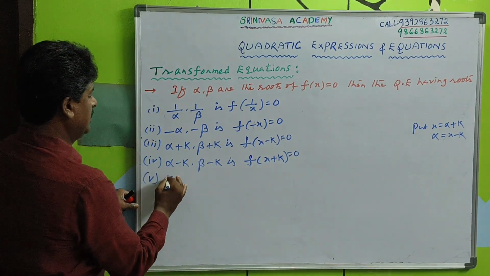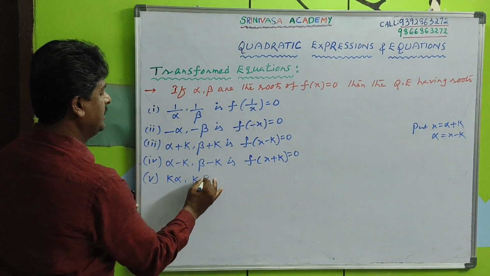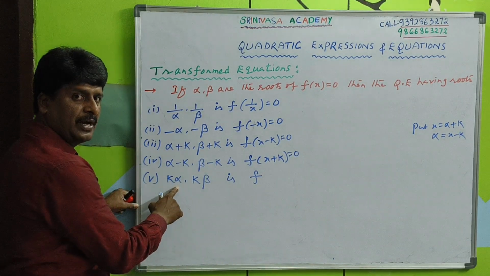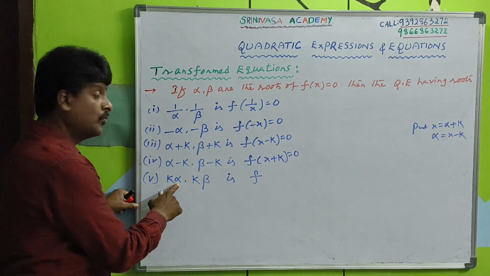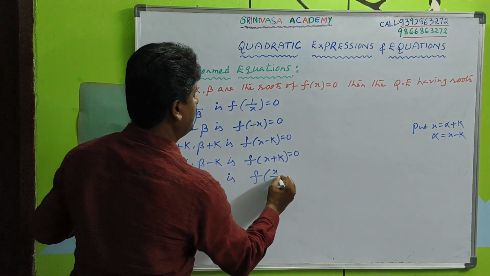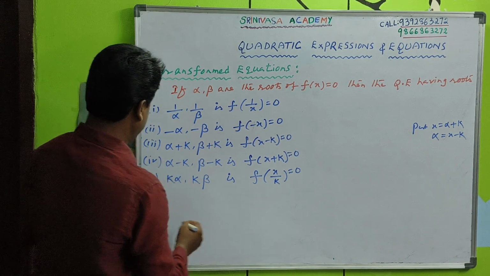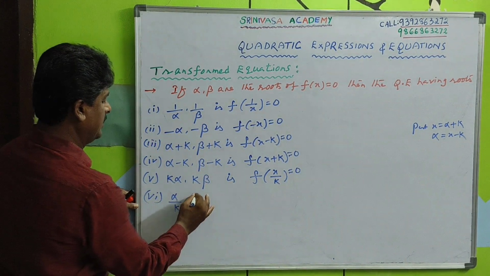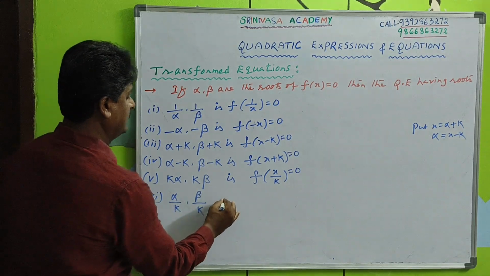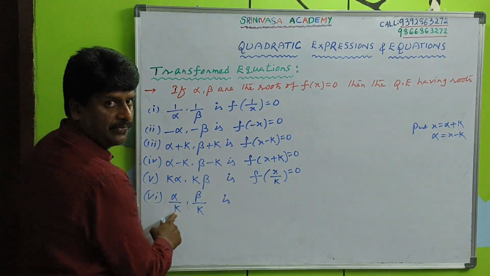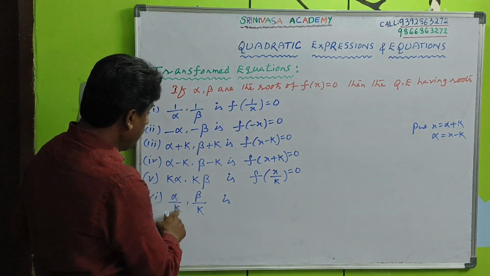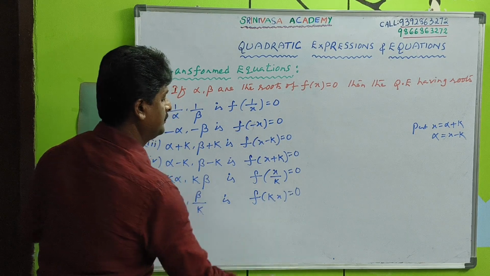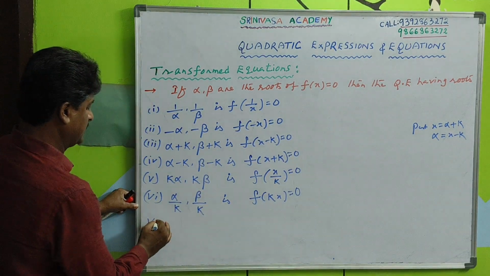Number 5, k alpha comma k beta is f of, put x is equals to k alpha, find out alpha from this, we get x by k, f of x by k is equals to 0. Alpha by k comma beta by k is, x is equals to alpha by k, alpha is equals to kx, that's why it is f of kx is equals to 0. Okay. Next,